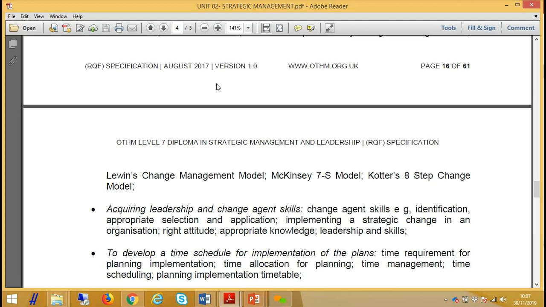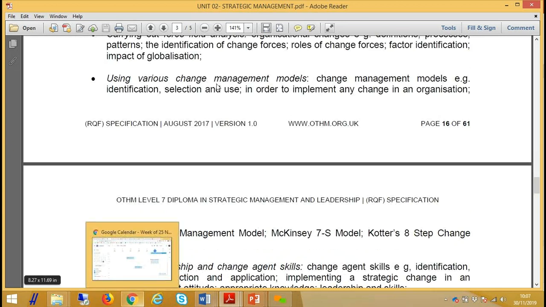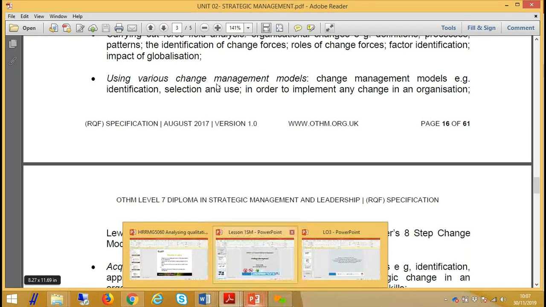On Moodle, there is a textbook that has been uploaded. It's a textbook by Johnson, Whittington and Scholes. It's a very, very good textbook, and that's the key textbook for this unit. So if there's anything at all you're not clear about, just go and look for it in the textbook and read up what's written about it. It's a very good textbook